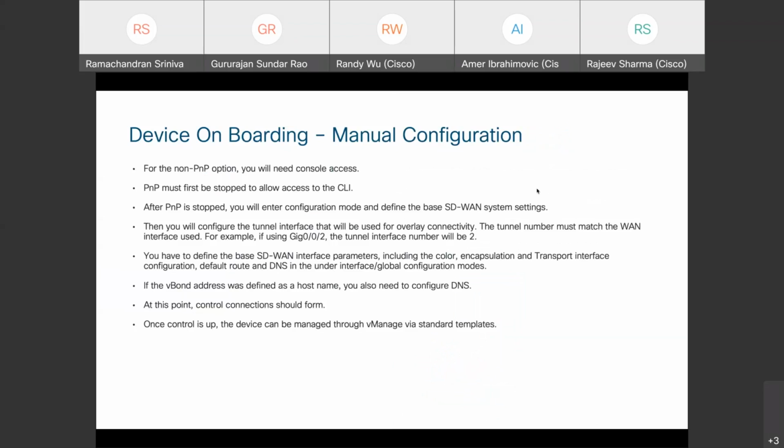So in case you have scenarios where you don't have the DNS and the DHCP options, for example, you might have a statically configured IP address on the WAN transports. In those cases, you may not be able to get the IPs assigned, right? So in that case, one of the options for going with the non-PNP option is that we need to manually configure some of